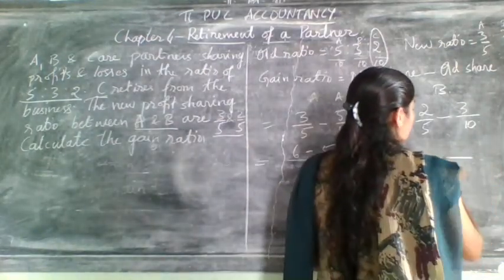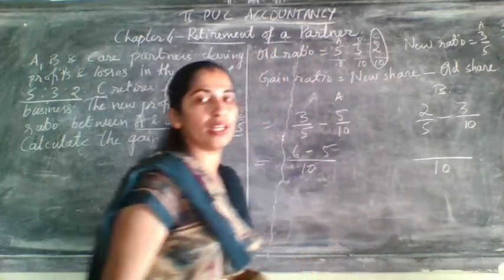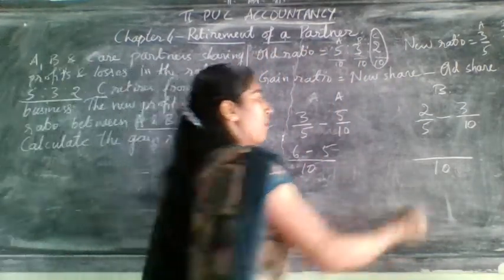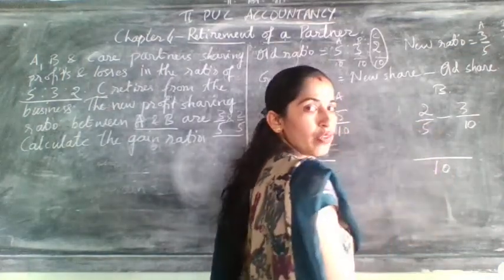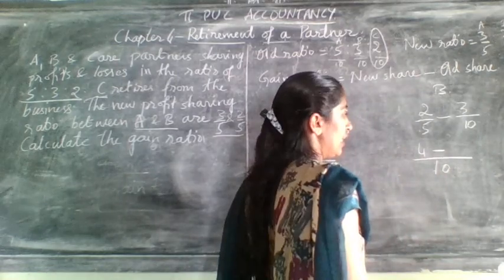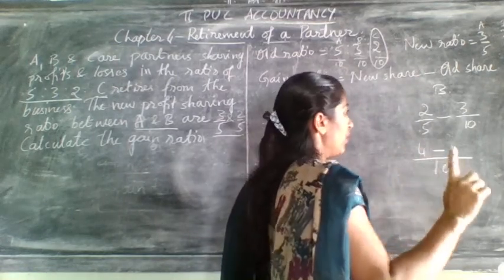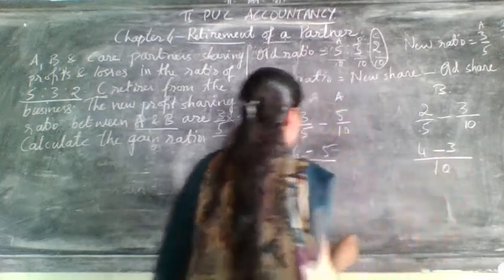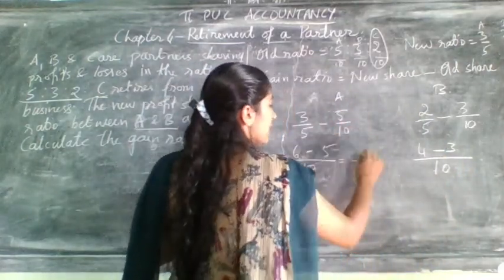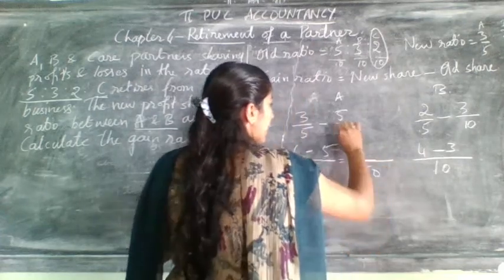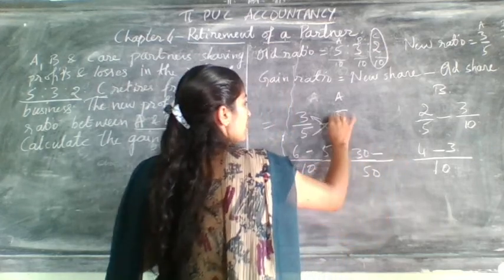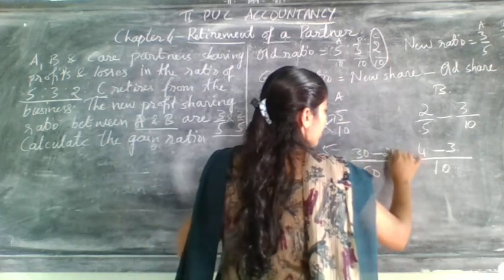Next here it is. Again you can take 10 as a denominator, because 10 can be divisible from which one? 5. So for 10 divided by 5, you will get 2. 2 2s are 4. Minus 10 divided by 10, you will get 1. 1 3s are 3. Or else, if you are doing cross multiplication, how much will it come? 5 10s are 50. Next 10 3s are 30 minus 5 5s are 25.